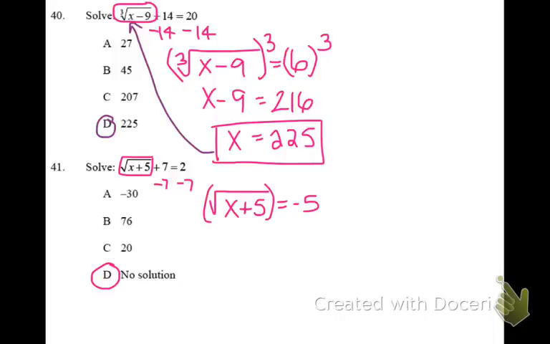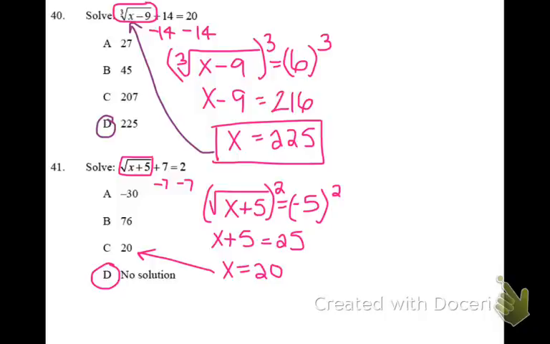You can go ahead and square both sides. That gives you x plus 5 equals 25. Subtract 5 from both sides and you get x equals 20. Now if you notice, that is an answer choice, but since you are dealing with radicals, you always want to